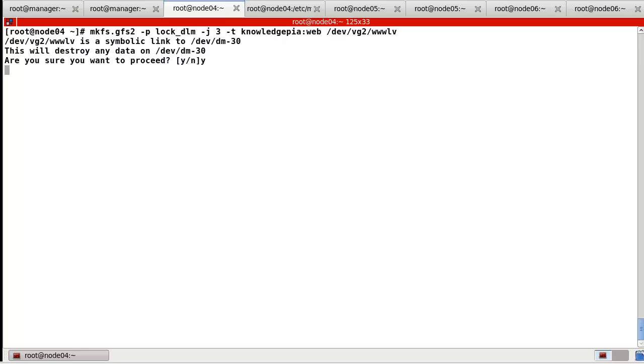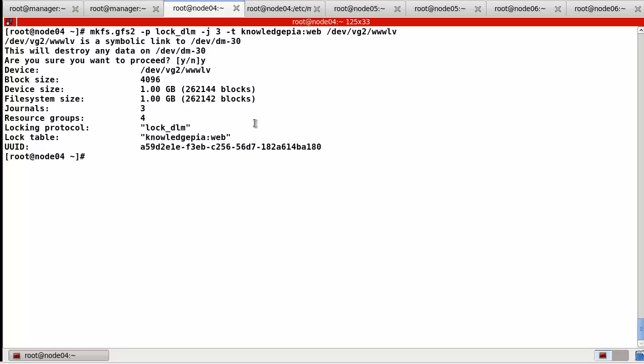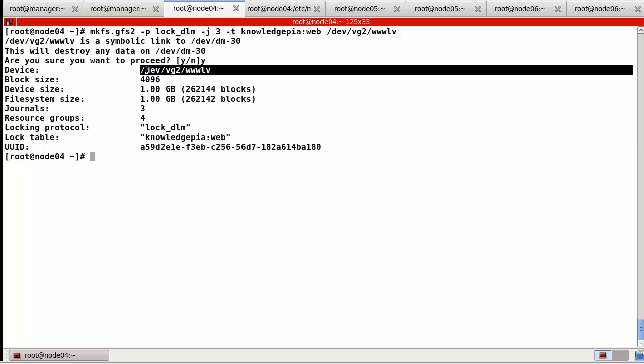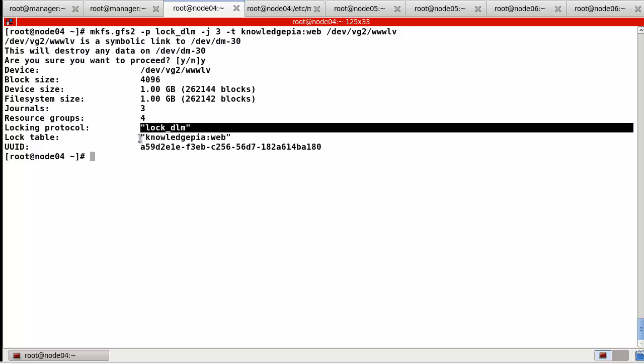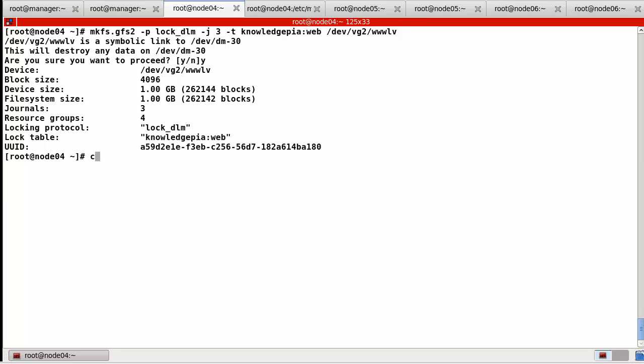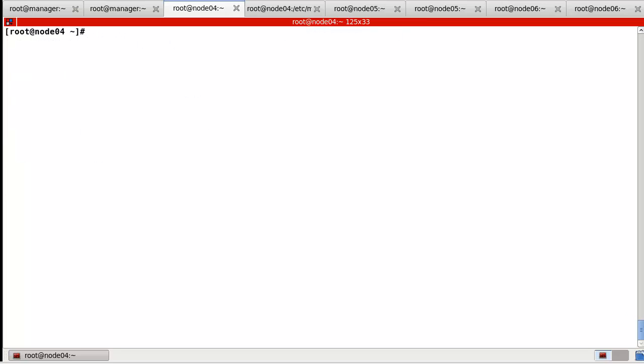Okay, yes. Okay, now the format, I created this file system here using the logical volume and the device, the size, file system, the size, and the locking protocol, and the table like this. So now I finished step 5, creating the GFS file system for the Apache directory.